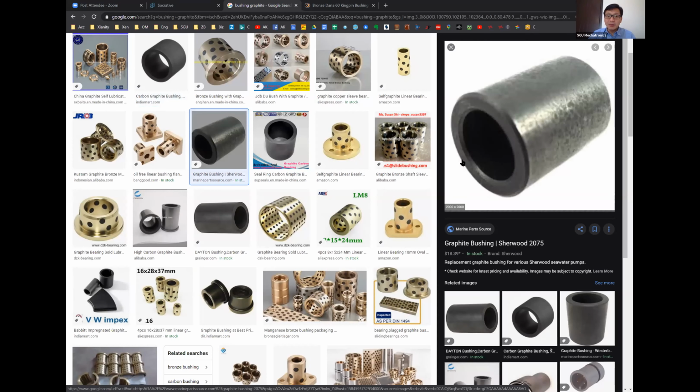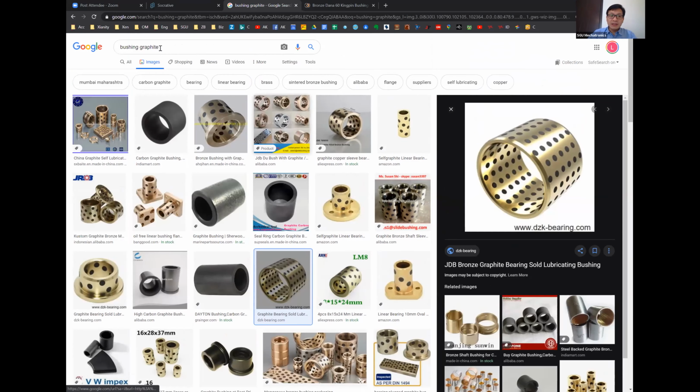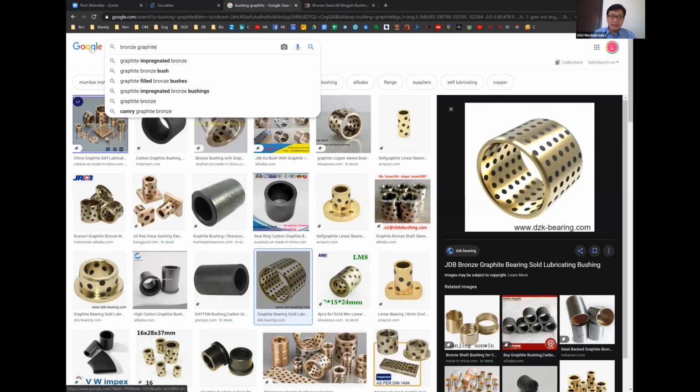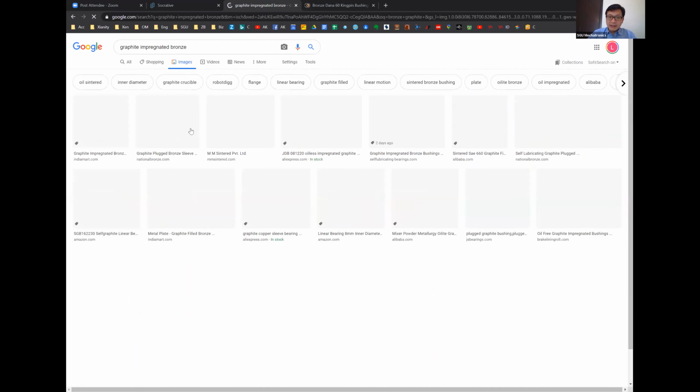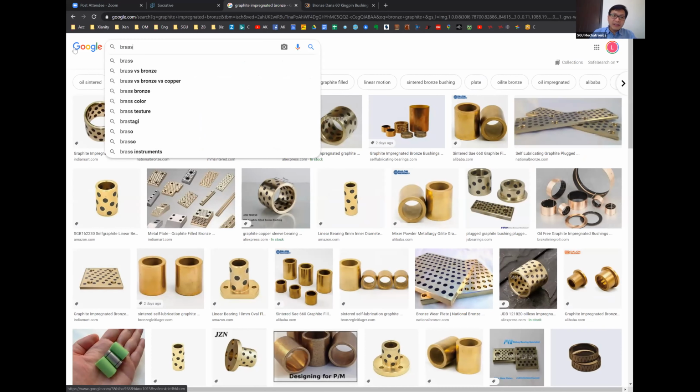Okay, like these graphite bushings. But most of yang bushing itu ya, kalau grafit itu kayak gampang hancur gitu ya Pak? Ya, grafit itu kayak pensil kamu lah. It's easily broken, right? Jadi dia ditaruh sebagai additional material, tapi the structure is bronze. The structure itu lebih kuat gitu. So these are bronze graphite, basically. Graphite impregnated bushings, right? Yeah, bronze, brass,